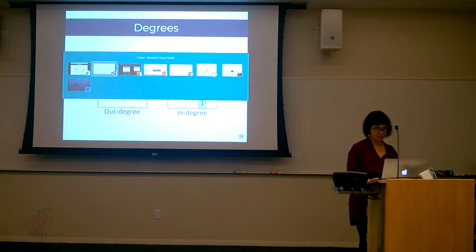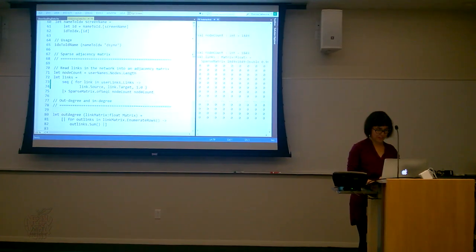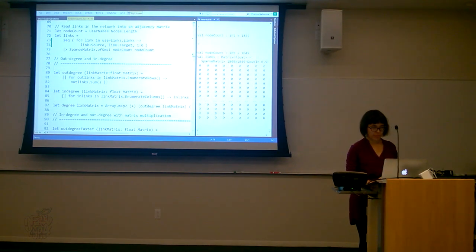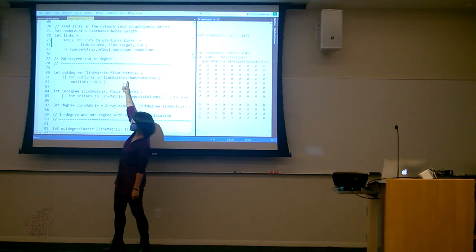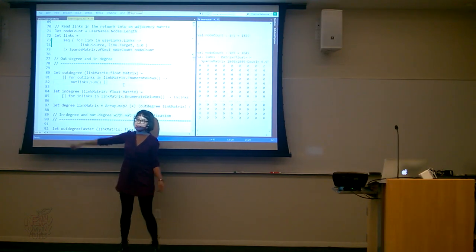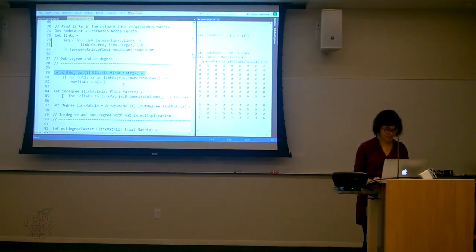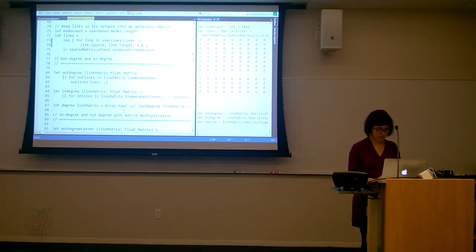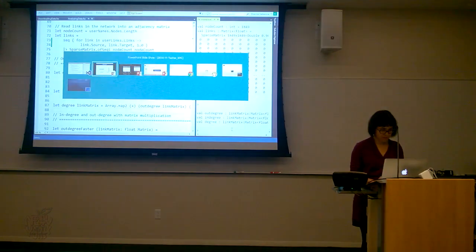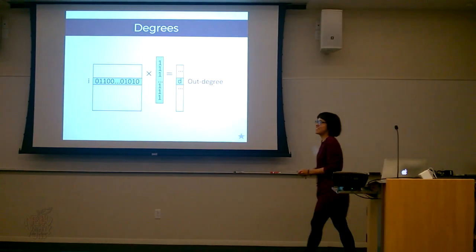So what we can do is calculate the out degree just by looking at all outgoing links in the matrix and taking their sum. So it's very straightforward. And for in degrees, I'm again going through every column. We can also use matrix algebra.